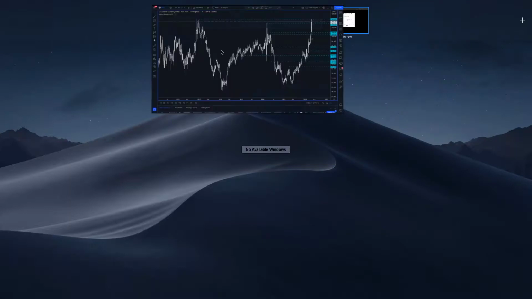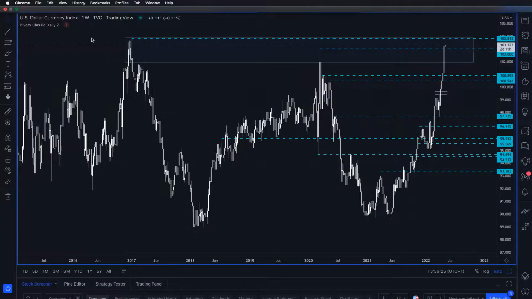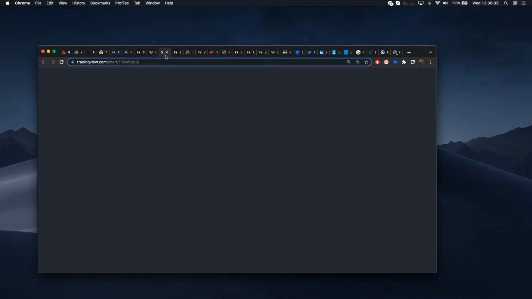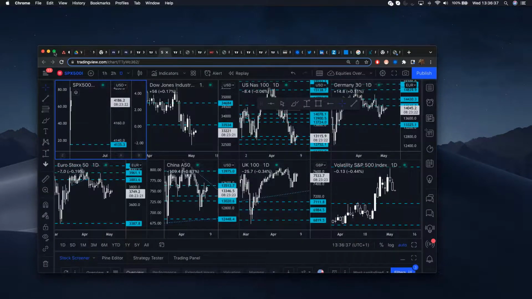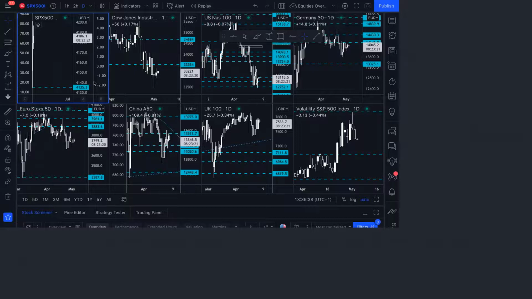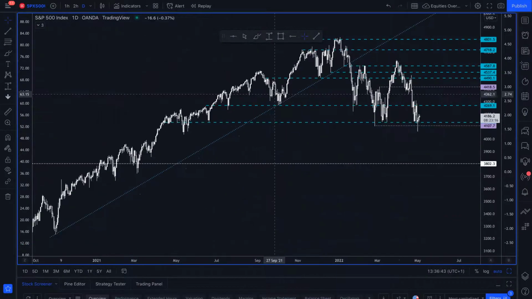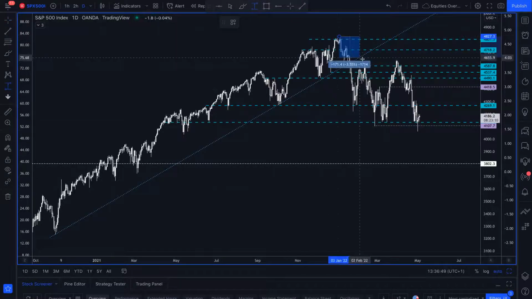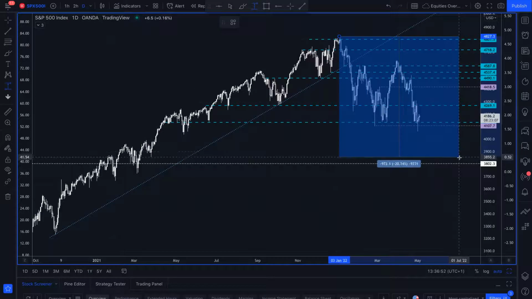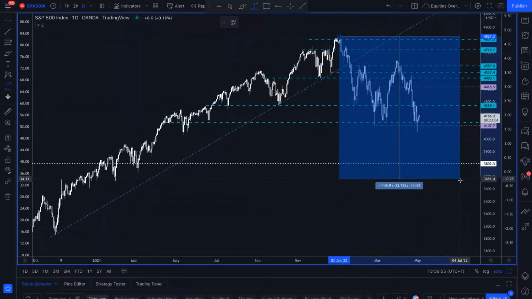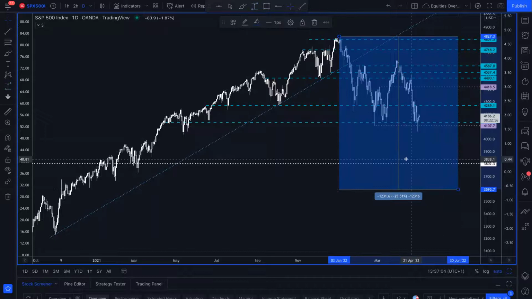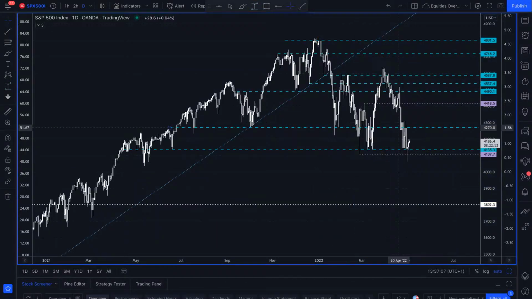Now, if we just take a look at the major US indices for a second, let's just drag them out here. And let's just look at the S&P 500, for instance. We can see where a 23%, 24% drop is. So we just pull up from the highs of January, and we see about a 23-24% drop is around this 3700-3600 region. So once you start getting 38, 37, 36, that's the kind of level where you can potentially see a recession. Now, we can see at the moment the S&P 500 is just bottoming out around that 4100 level,